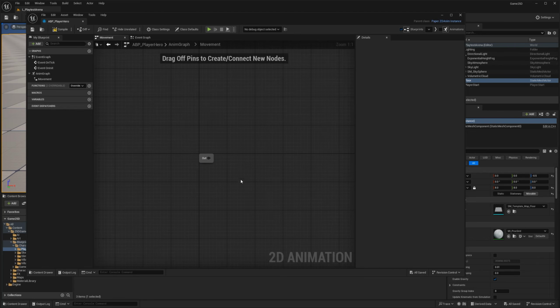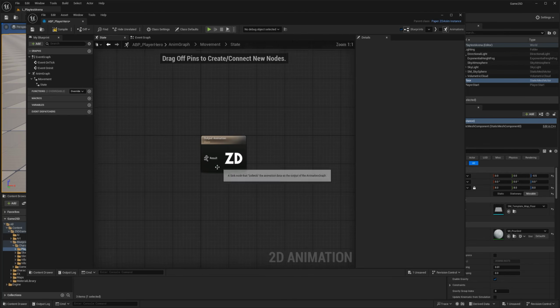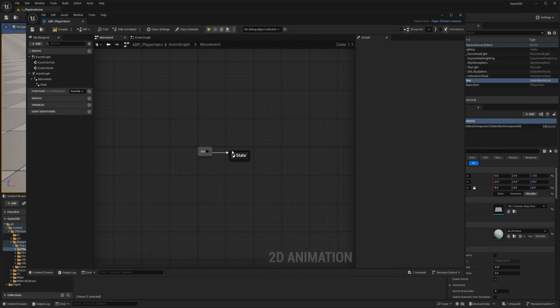So the first thing we need to do here is create 2 animation states. And what I mean by this is when the character is not doing anything, it's going to be on idle. And when I press the directional button, it's going to be on the walk. So I'm going to push here. There's only 2 options. The first one is going to be animation state. I'm going to go back and rename it to idle.